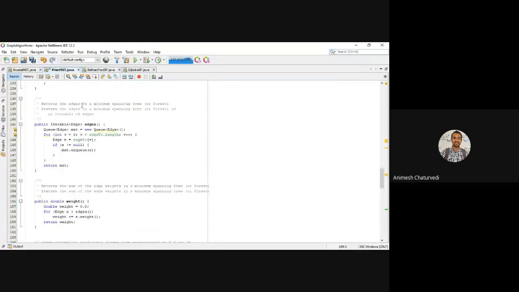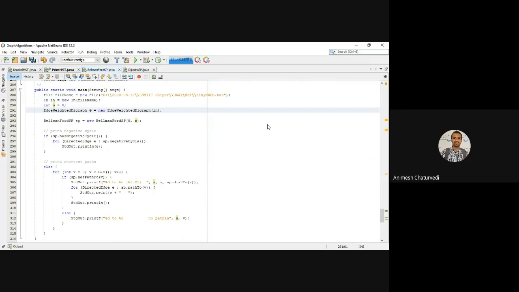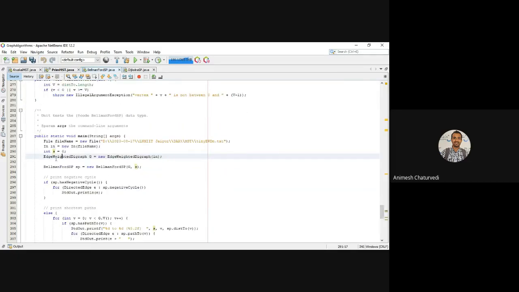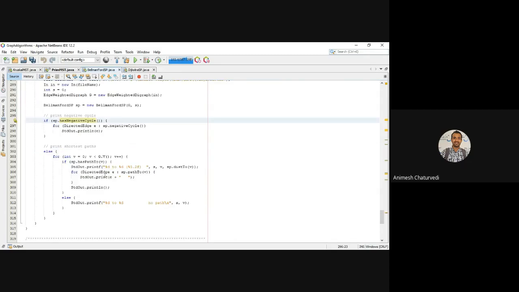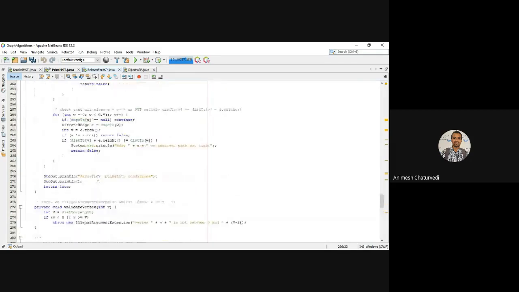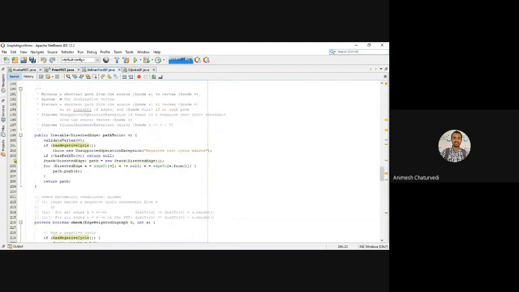So we'll discuss the Bellman-Ford execution of the Java code. We'll first see the algorithm that we had seen. It's the same edge weighted digraph that we defined, then the Bellman-Ford shortest path algorithm, then detecting whether there is a negative cycle or not. We had already discussed this in the last class. We just want to see what the execution should be and how the result would be shown.